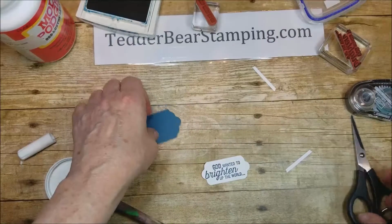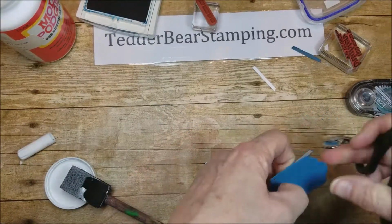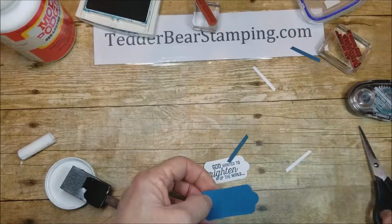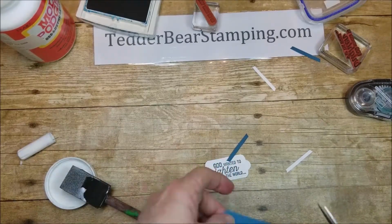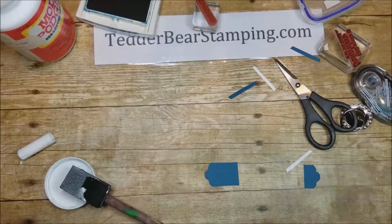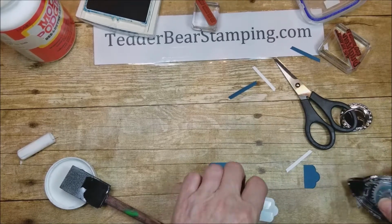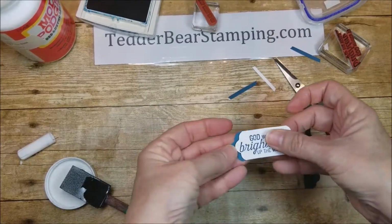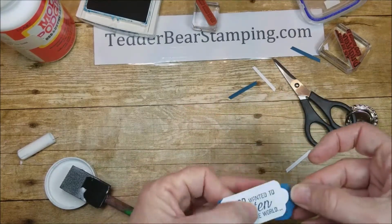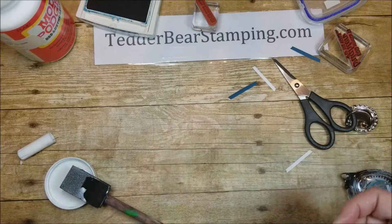And then I'm going to back it up by doing the same thing with the denim. And then I want this side to have more on the back, so I'll tell you why in just a second. So I want it to have a little bit of a border so that it stands out against the background. And then this is going to go on this side. So when you go to put it on your card,